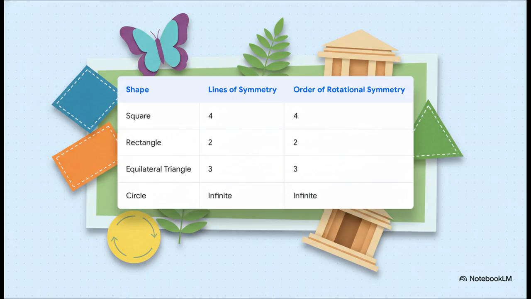Now, this slide here is exam gold. Seriously, take a screenshot if you want. It's a quick revision table. A square has 4 lines and order 4 rotation. A rectangle has 2 and 2. An equilateral triangle, that's 3 and 3. And a circle? A circle is the champion of symmetry, with infinite lines and infinite rotational symmetry. Okay,